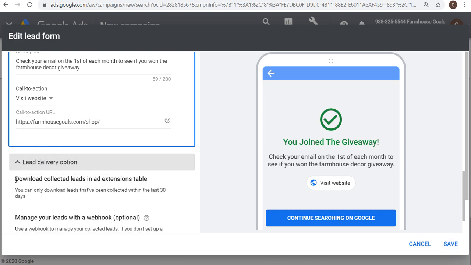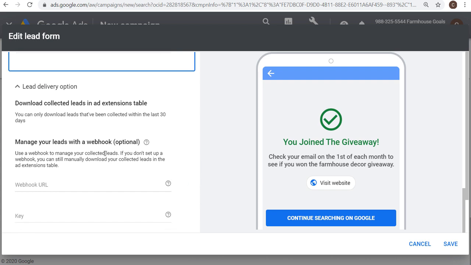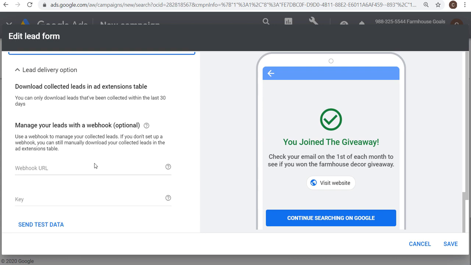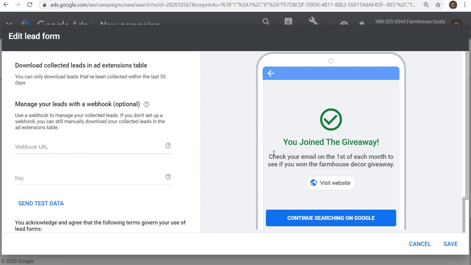So I would say the most popular is just to download your collected leads in a table, and you can only download them for the last 30 days. Otherwise, what you can do is manage your leads with a webhook. So a webhook is going to take your leads directly, and when someone does fill out their information, it's going to put that directly into your CRM. So if you have a mailing list, it's going to have all of that information directly added to your mailing list. You don't have to do this, but it could be a good way just to keep track of all